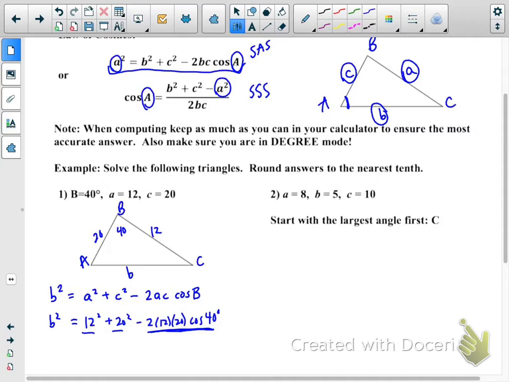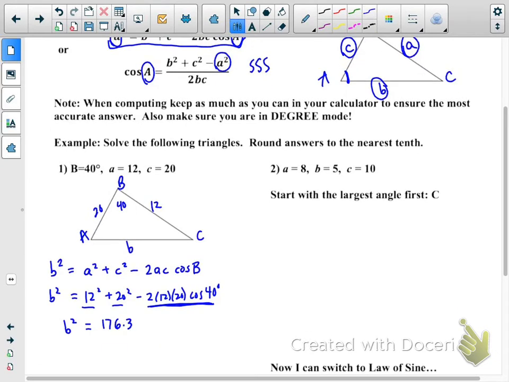So just type that in all in one step. Now what I would like you to do is to tell me what do you get as an answer. Just because that kind of shows us we're on the same path. Okay, that's not your answer. I don't want you to round it. I kind of want you to do the square root of your answer. So the square root of that is going to give me